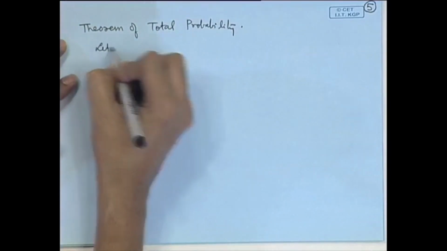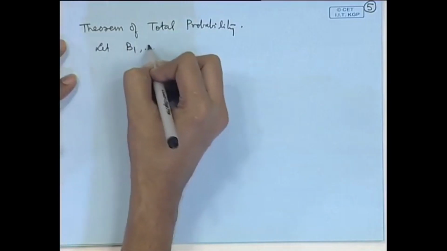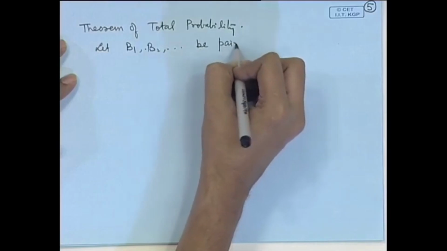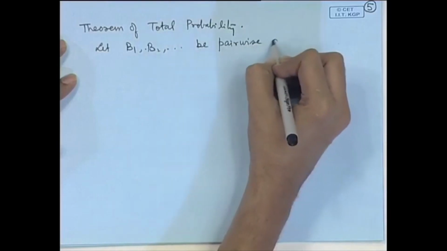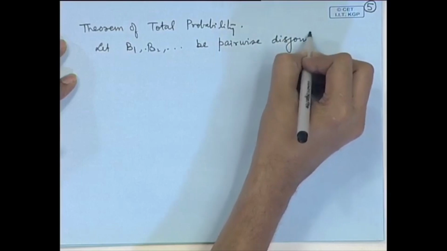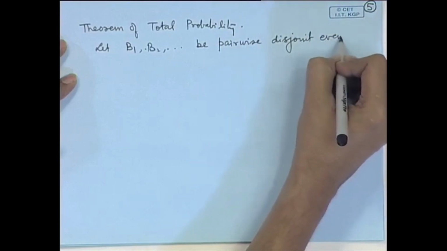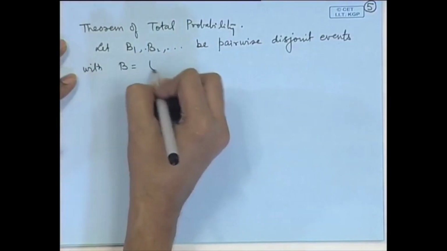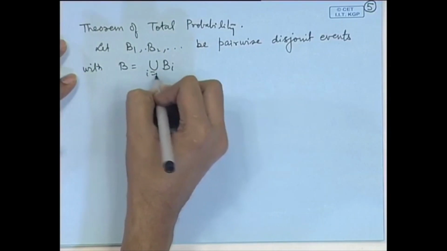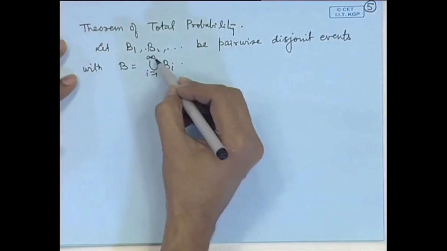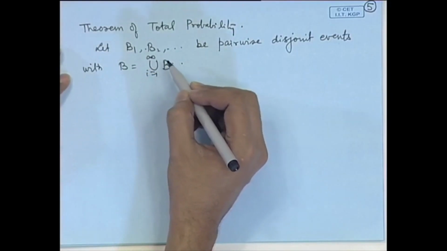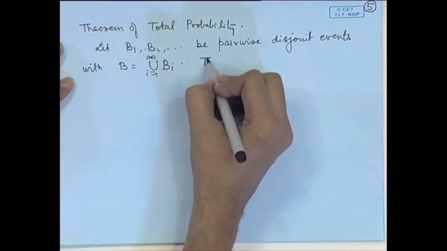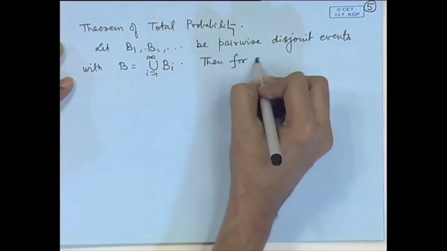So, let B1, B2, etcetera be pairwise disjoint, that means mutually exclusive events, with B equal to the union of Bi, i equal to 1 to infinity. Here it could be a finite union also, it will not make any difference to the actual statement of the theorem. Then for any event A,